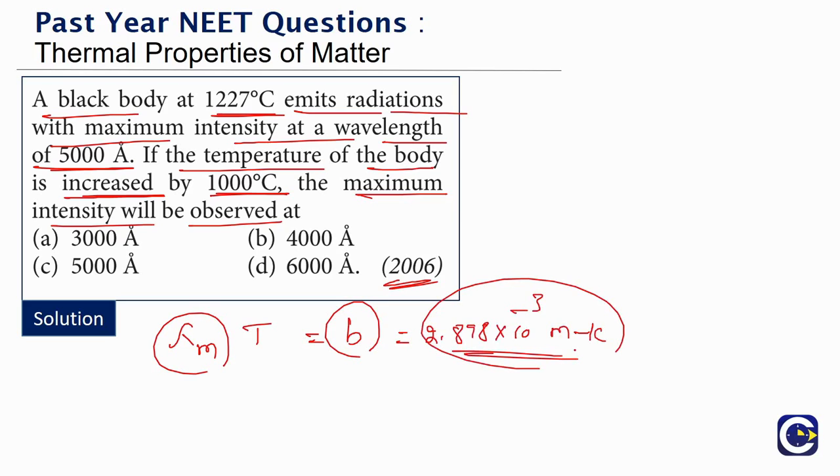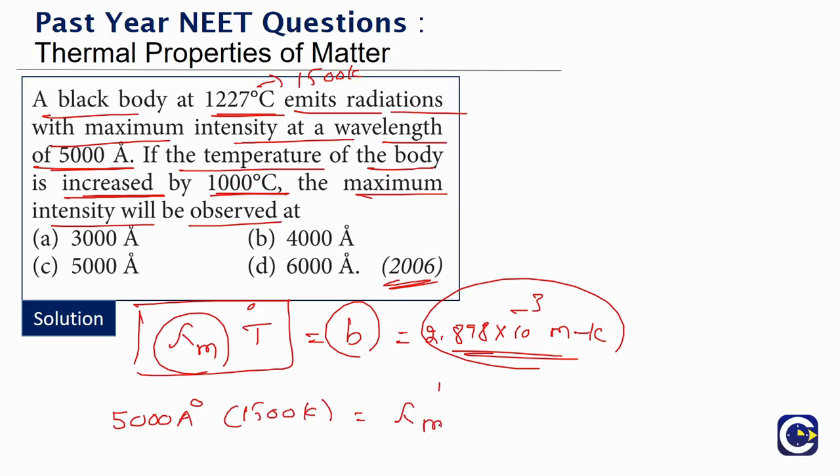So here the value of the constant is not required for us. This relation: lambda m into T will be constant. Now if you look at the initial case, what is the temperature of the black body? Here the temperature must be on the Kelvin scale. 1227 plus 273 will be 1500. So initially lambda is 5000 angstroms, right? So 5000 angstroms into 1500 Kelvin,